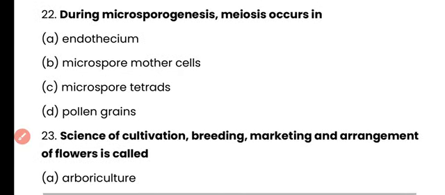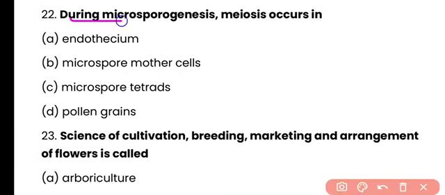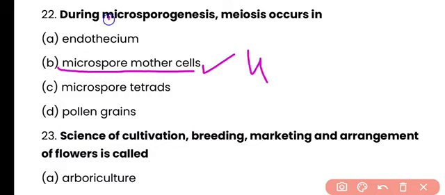Question number 22. During microsporogenesis, meiosis occurs in endothecium, microspore mother cells, microspore tetrads, pollen grains. Correct answer is option B. Meiosis takes place in microspore mother cells and 4 haploid microspores are produced during